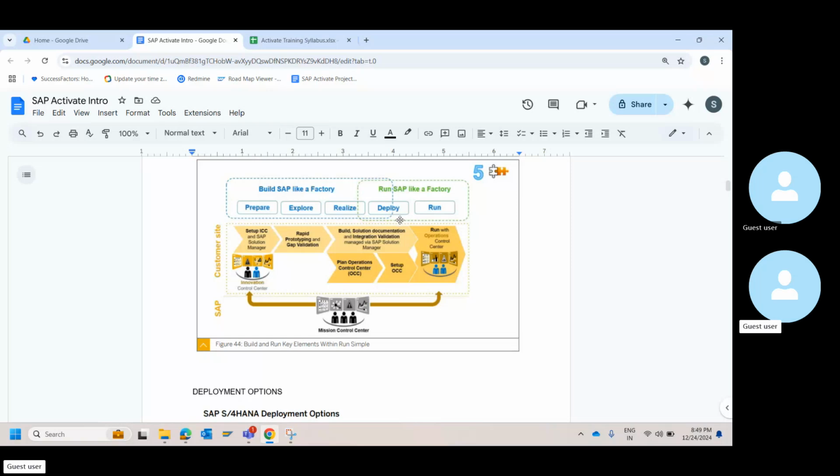Now, assuming this, how SAP recommends any customer to operate is that during your prepare phase, they recommend you establish something called an innovation control center. During the run process, they ask us to establish an operations control center.